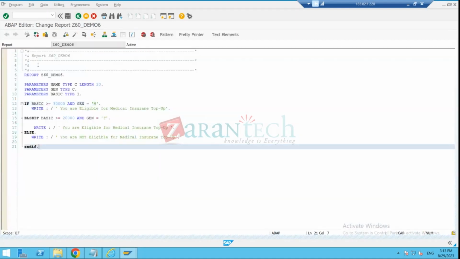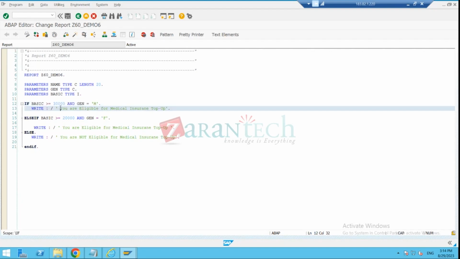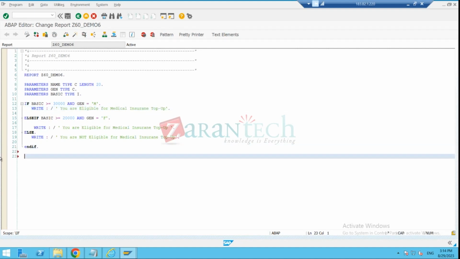So here, two conditions we are validating with the logical operator, and if these two are true, then the overall condition is true and this statement will run. Else if this one, else if this one, like this we can write. If you wanted to do it in a smarter way, first let me check the gender. If gender equal to male,